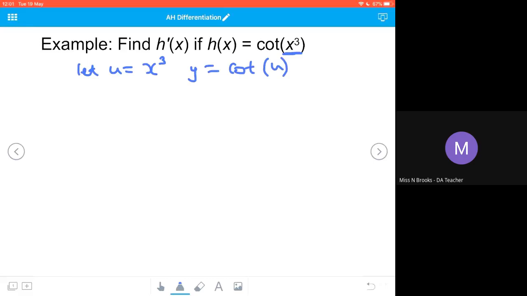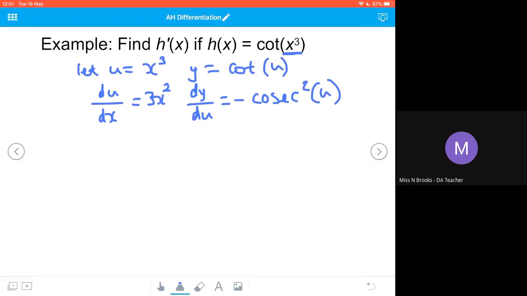So we're going to differentiate u with respect to x, and that's going to give us 3x squared. And we're going to differentiate y with respect to u, and the derivative of the cotangent of u is going to be negative cosec u all squared. Then we know that dy by dx equals dy by du multiplied by du by dx, and we're going to substitute in negative